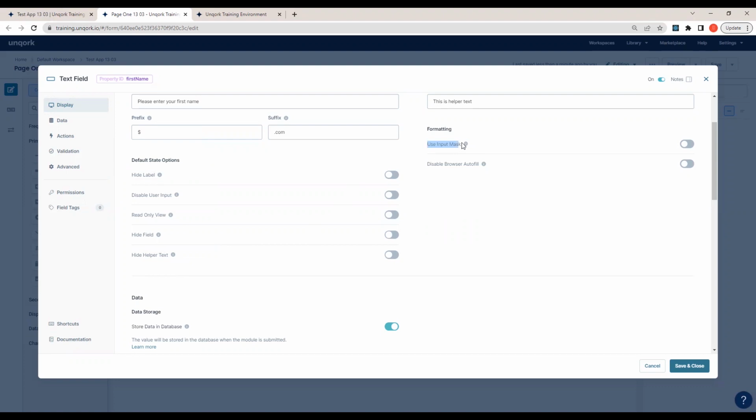And here is input mask. So what is this? Let me see. This is something new, a feature which has been added. So this is use input mask. If we want to use the text field to capture any phone number, let's suppose,